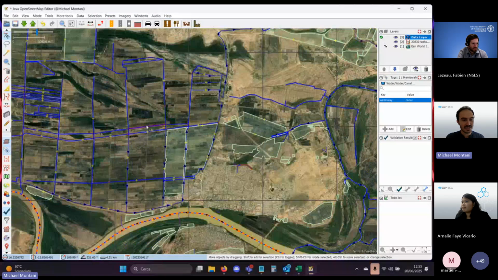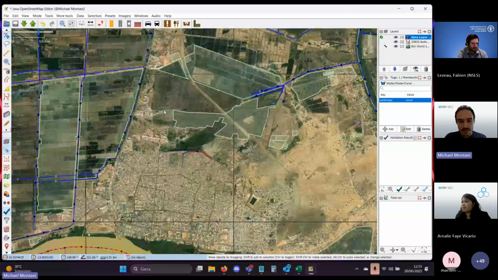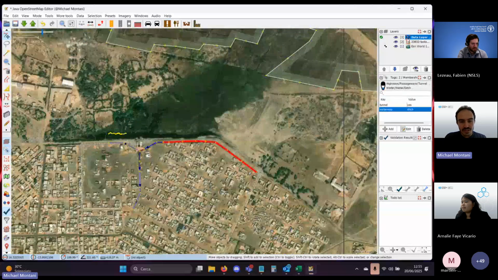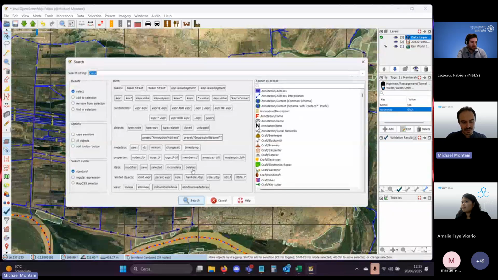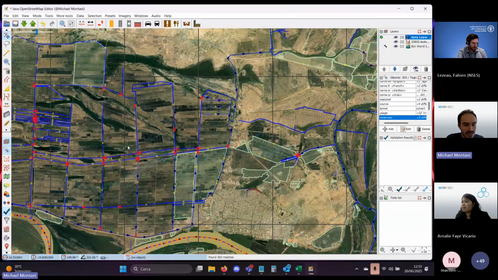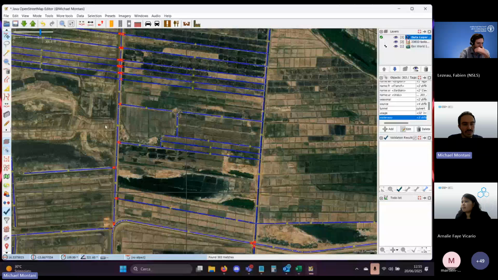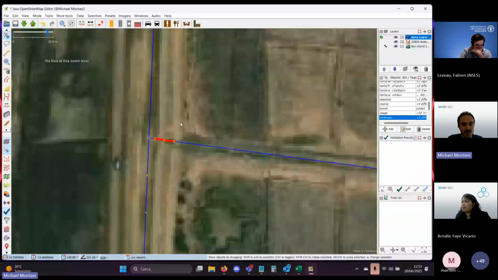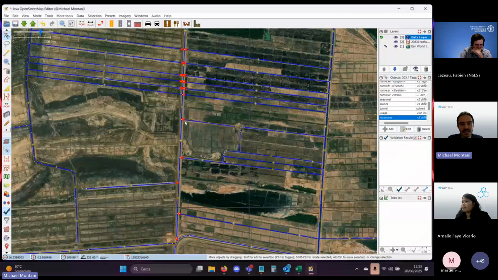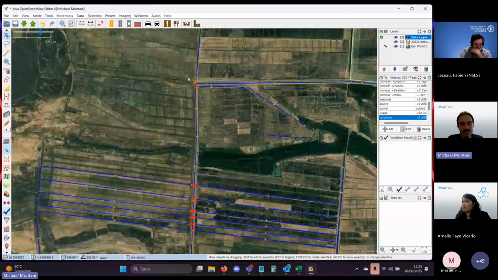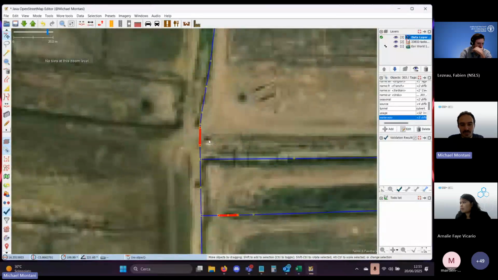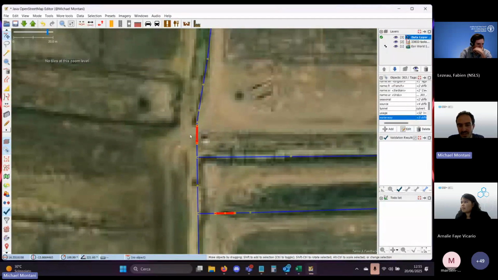Thank you for showing this case. Okay, so let me just find some intersections with highways and waterways. You see, we have some segments of the waterways, like canals, that are actually underground.